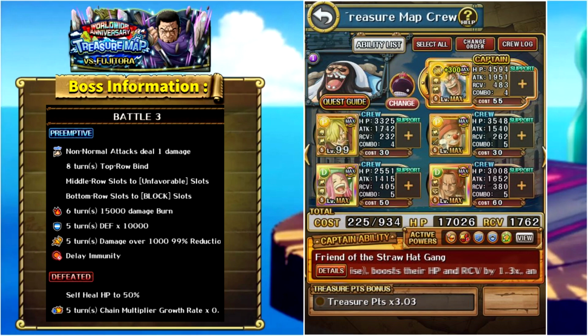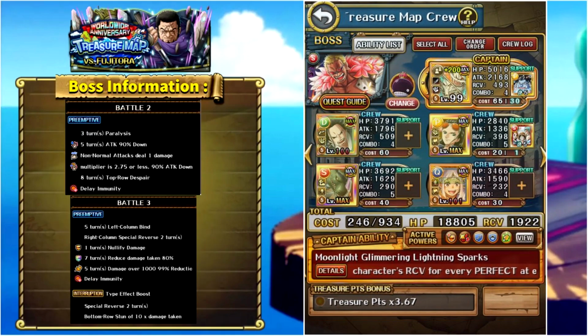And for Buggy, if you decide to not remove the burn, definitely a damage booster can help you. With double Bone Clay though, this team's multiplier is 4.18 times. We proceed to the main boss of this treasure map, Strength Doflamingo, and here we are going to use a